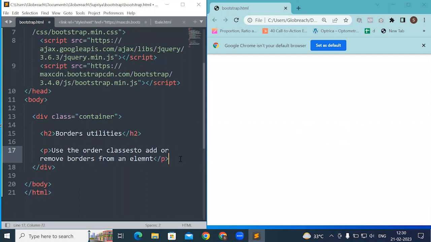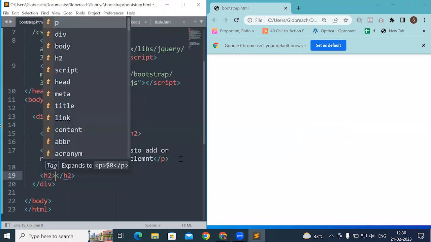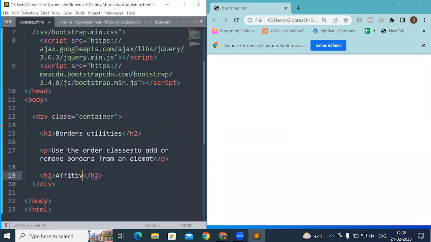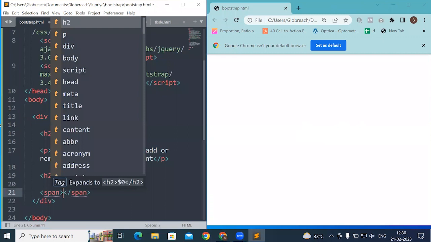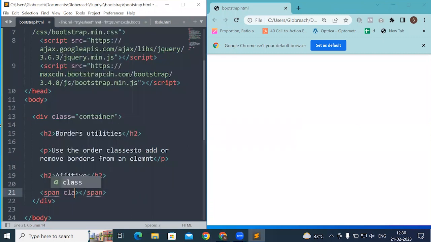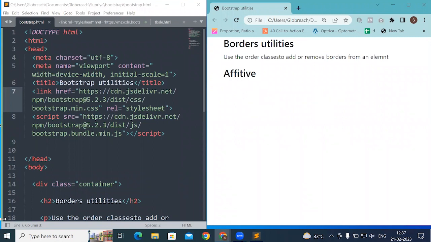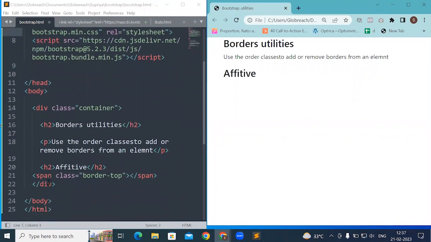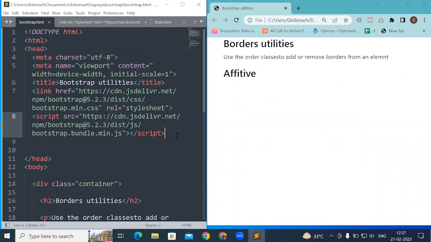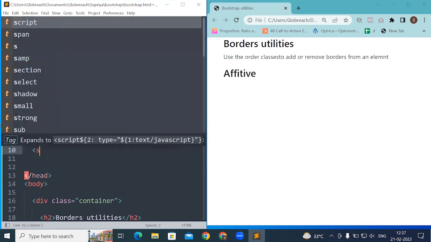After that, we will take one more heading tag and give it as additive, and now let's start giving the borders. So first I'll take a span tag, inside which we will make use of the class border. So simply we have used class border, and then we'll save and let's see the output. As you can see, there is no output. Why? Because we have not assigned any background color, or any height and width to this particular span tag. So here inside the head section, we will add a style tag,